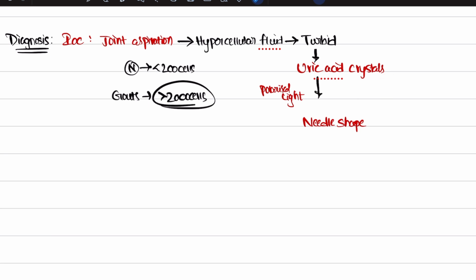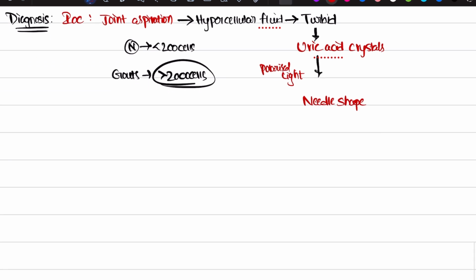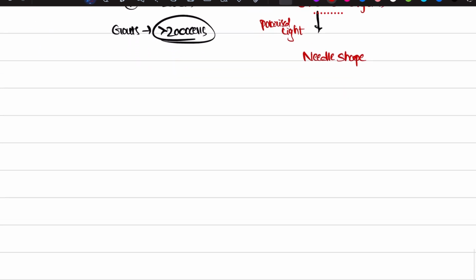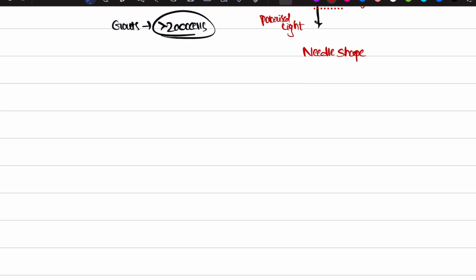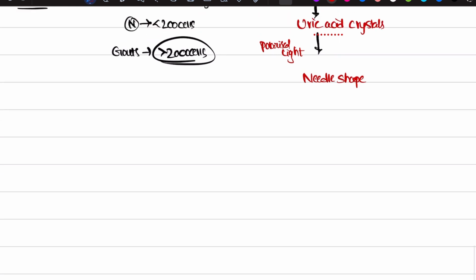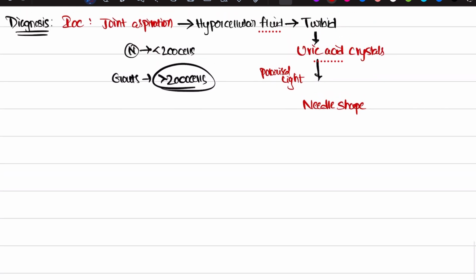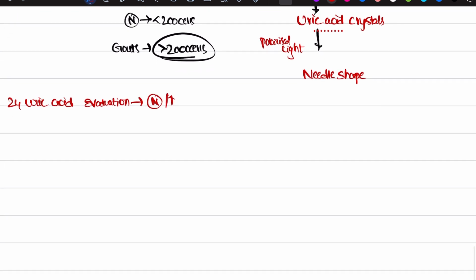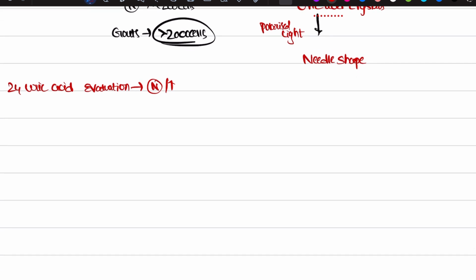Okay. So the next investigation we are going to do is the 24 hours uric acid evaluation. It can be normal or it can be increased. And the next most important thing we are going to do is